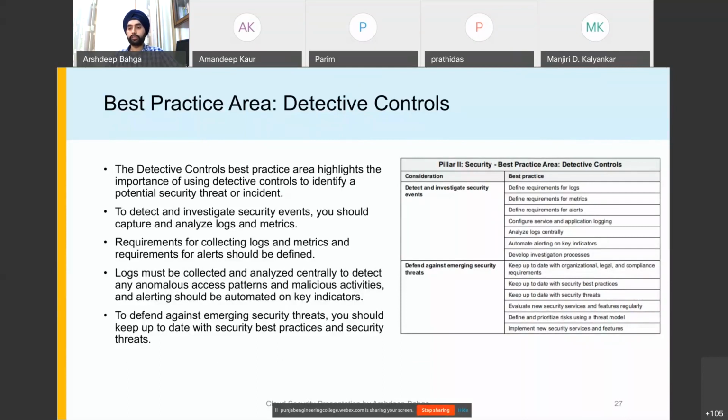We should configure service and application logging. The logs should be analyzed centrally, and we should automate the process of alerting on key indicators. Alerts should be put in place, and we should develop mechanisms for investigation processes.